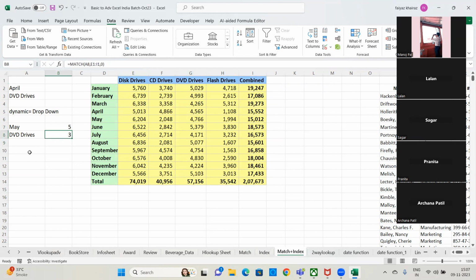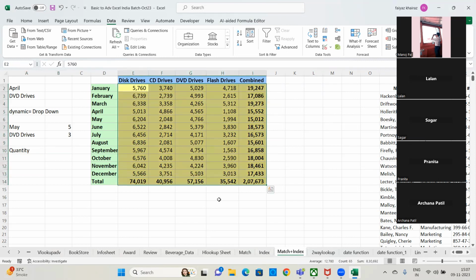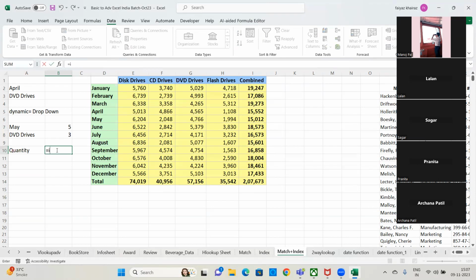third column. Now for the quantity, we will use the index function. We have the array already, and we have the row number and the column number using these two match formulas. So is equal to index, open bracket. Array stands for data or the database. So select the data or the database, comma, row number 5, comma, column number 3, close bracket, hit enter, and